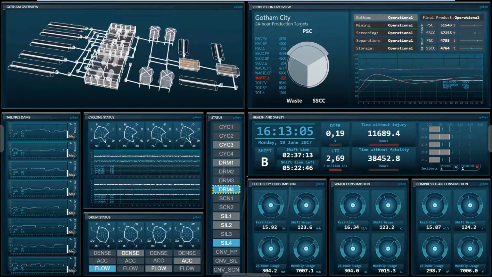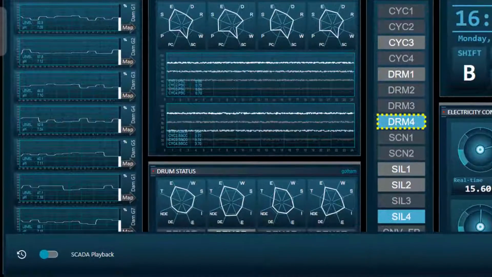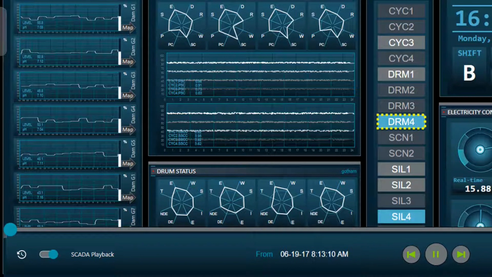Historical data is retrieved directly from the Wonderware historian, and another feature of OMI is the capability to play back this historical data. A 3-fingered swipe upwards in our interface will reveal the historical playback panel. Enabling the historical playback panel will freeze the polar plots, as the interface is now effectively paused at that moment in time. The user can directly specify a start and end time and hit the play button to start playing